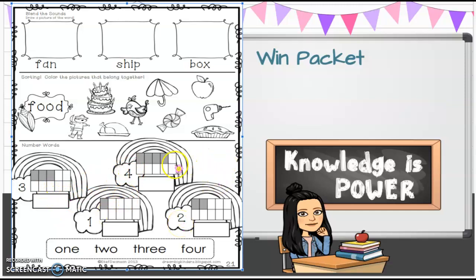And then take a picture of it on Seesaw for me, please. Remember to pay attention to which Seesaw you are picking to take the picture for this activity. So it should say Win Packet, right? And today is the 27th, so it should have 5/27 for the activity for Win Packet today to take that